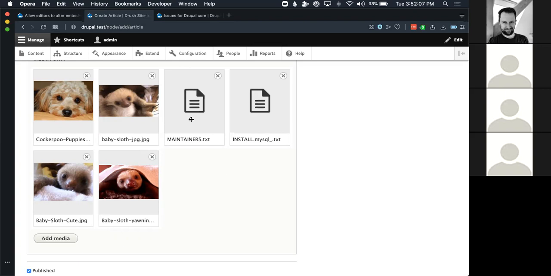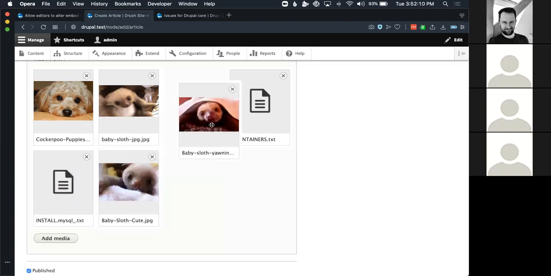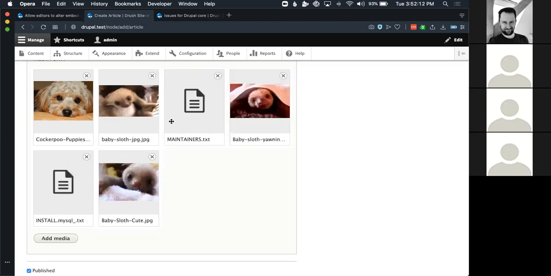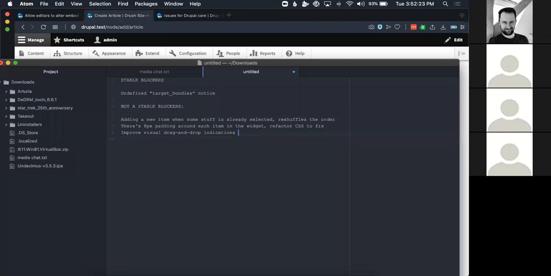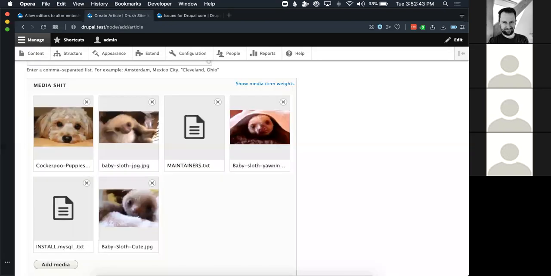So what I prefer to see done with this, I think, is the only exception would be if this creates an accessibility problem, that the actively selected element is not outlined in some way. But as long as that's not an accessibility problem, I would prefer to see an issue created that's like standardized drag and drop visual patterns or something like that. And then we do need to apply it to both Media Library and Layout Builder, ideally both. Although it's a little bit funny because Media Library happens in the admin theme and Layout Builder happens in the front end theme, but still I feel like we could do some kind of